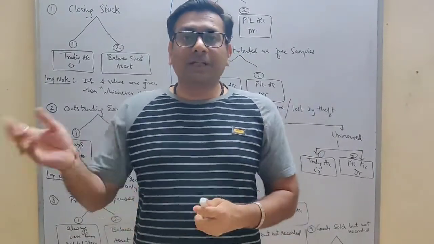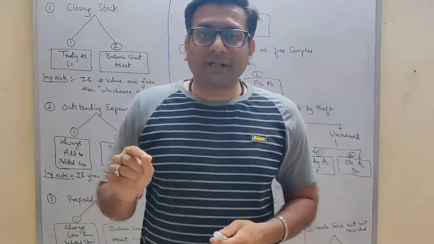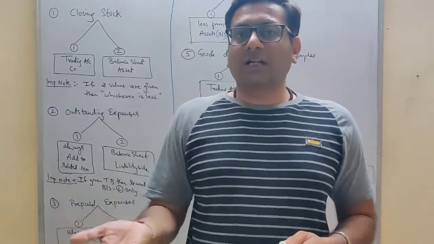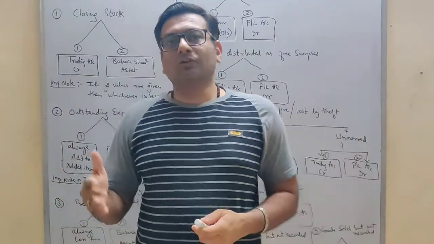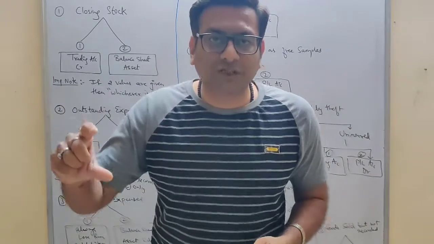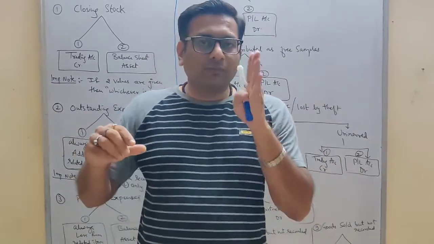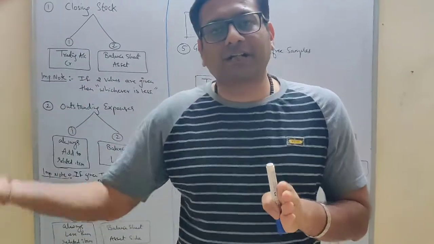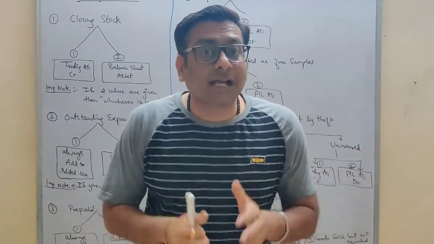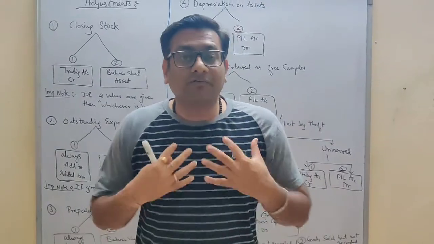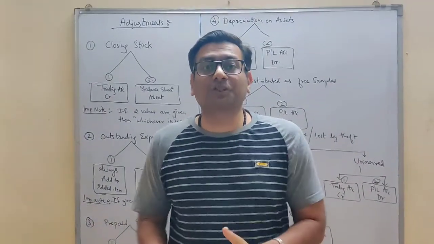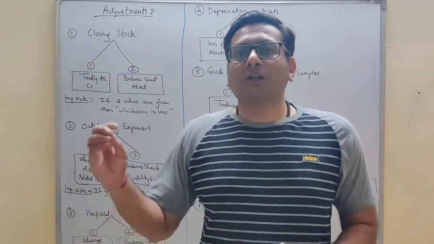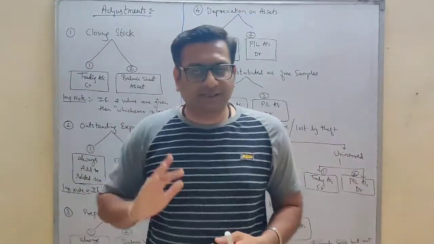Tell me, during the year you recorded a journal entry by giving one debit effect and one credit effect. So a certain account gets debited, a certain account gets credited. This is how you pass a journal entry for one transaction. So in one transaction when you record, you give one effect in debit, another effect in credit. So every transaction has two effects. Why? We are following the double entry system. So when you are recording your transactions into the books of account, you have to write it with two effects.